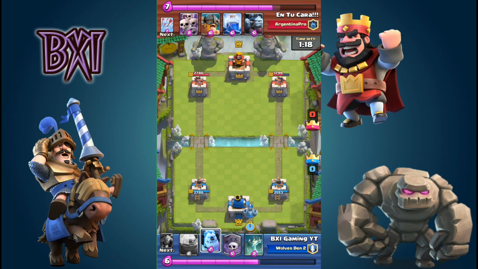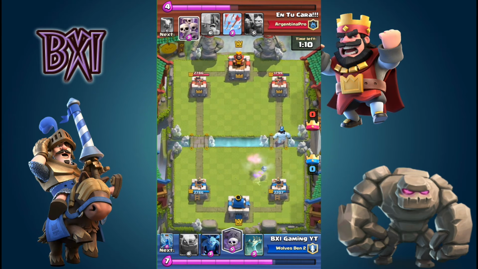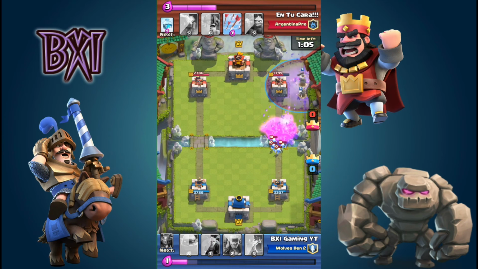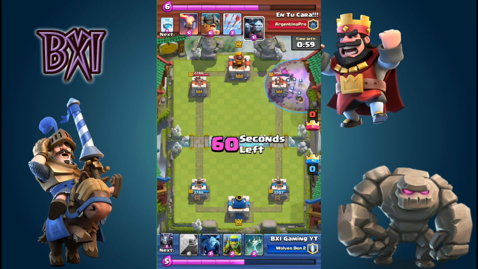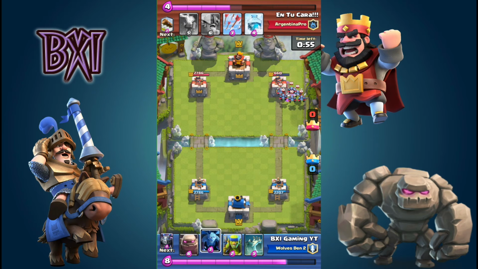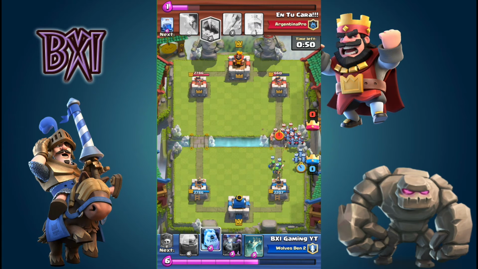He's got 6 elixir elite barbs, 6 elixir lightning spell, 5 elixir minion horde, 3 elixir skeleton army, and 5 elixir Inferno Tower, and a 4 elixir free spell, which must mean that he's got a good 4.5 average, maybe even more than that. Here comes the elite barbs,